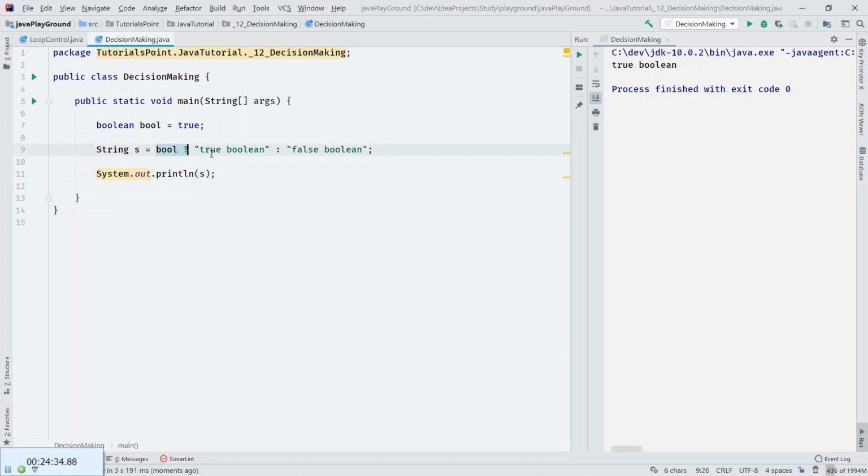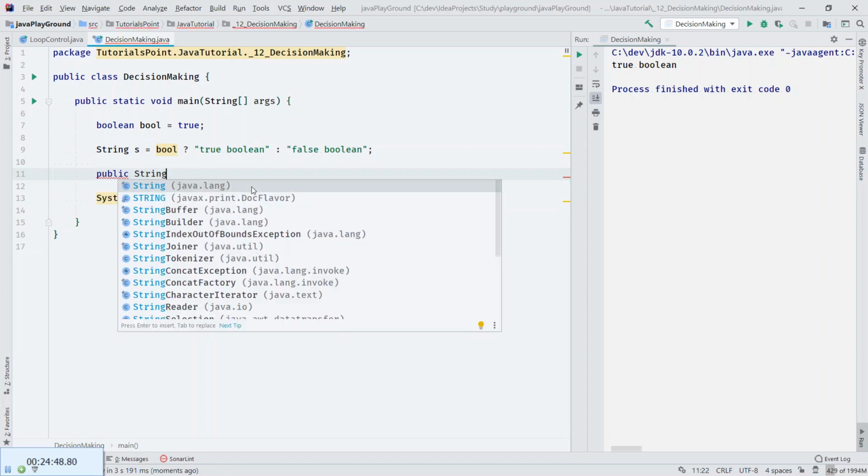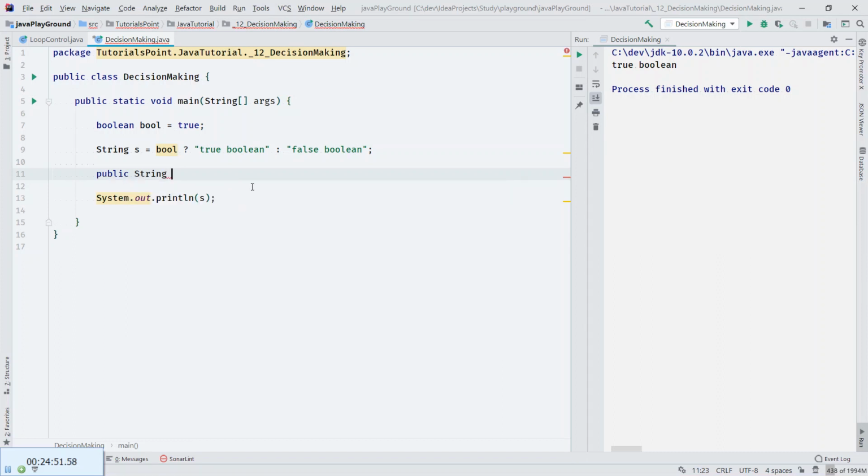Basically what this means is a function which will return a string, public string, give me string, or how is boolean would be a better name for it.